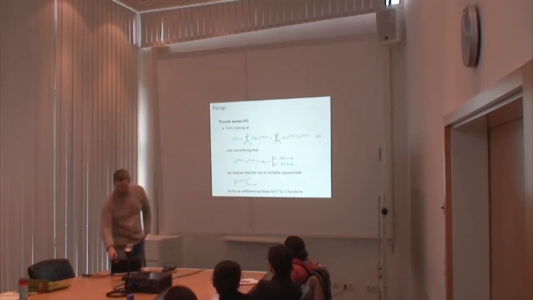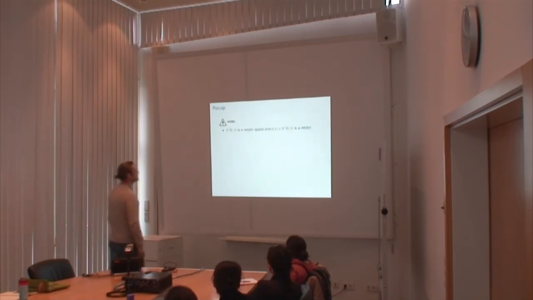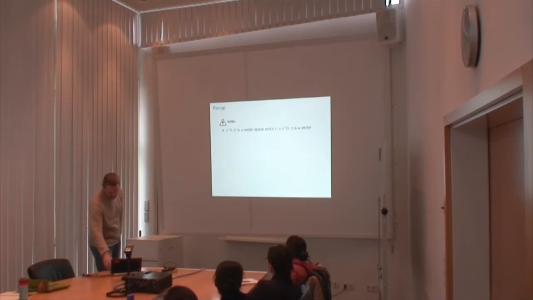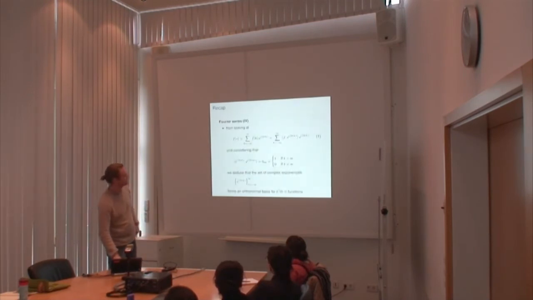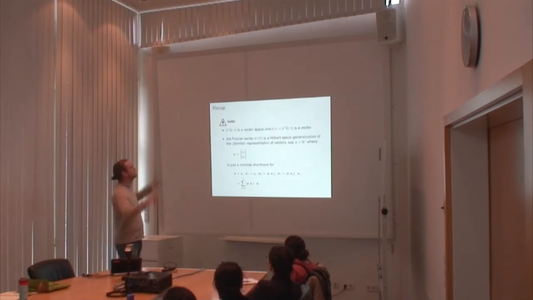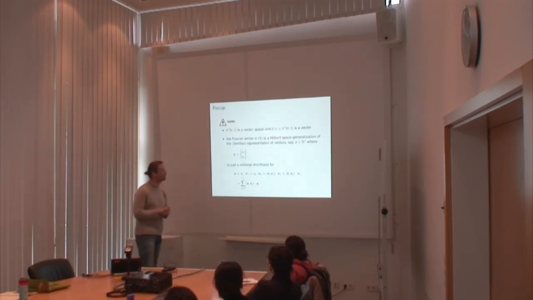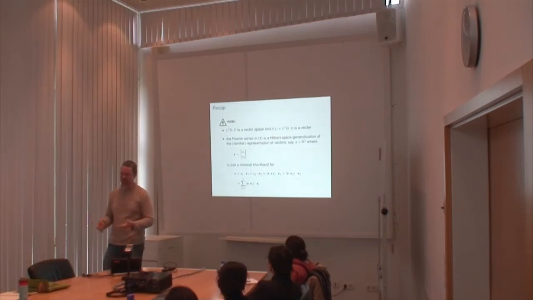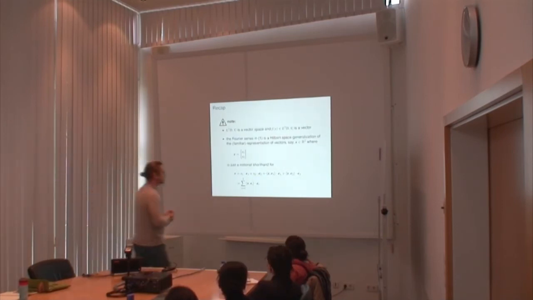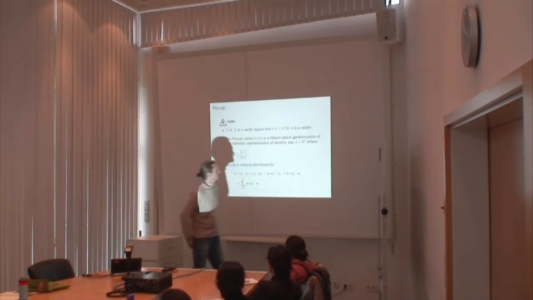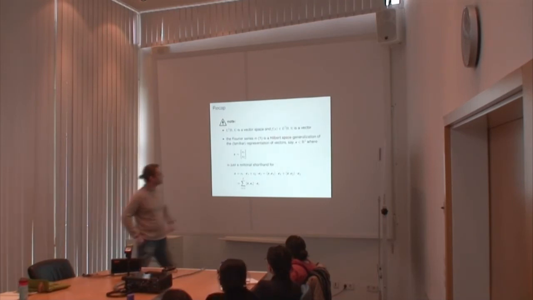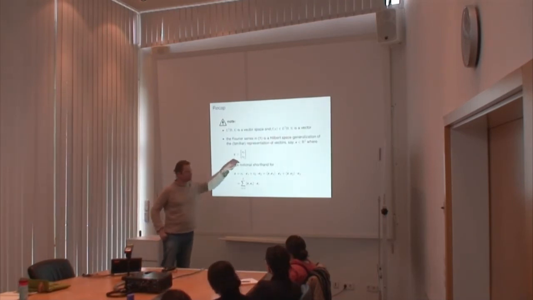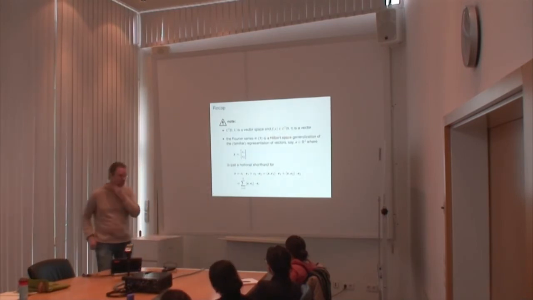And this is a straightforward extension of what we know. Here is an example. So this Fourier series on the previous slide, number 1 here, is a Hilbert space generalization of the familiar representations of vectors. And for instance, let us consider a two-dimensional vector x in the vector space R squared. That is to say, if we look at vectors x that consist of two components, x1 and x2,